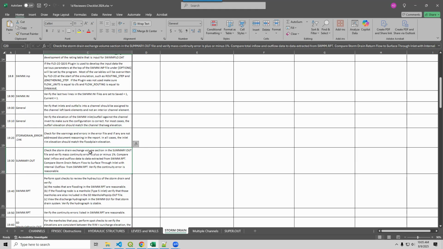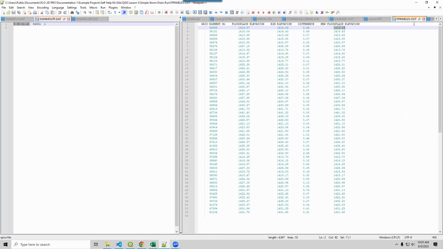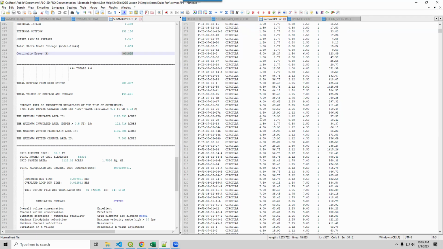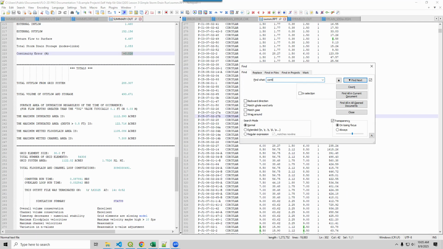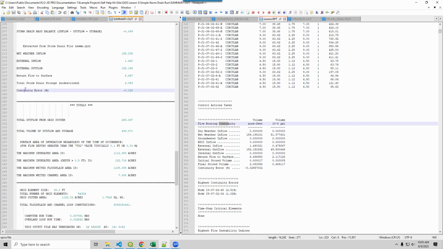Next is check the storm drain volume exchange section of summary.out and swim RPT. So what I've done is I've loaded summary.out here, and we'll do our swim RPT here. What we're looking for is continuity. So continuity, right? And then over here, we're looking for continuity. It says 0.026, and we just want to make sure those two numbers are the same. And if this gets above 1%, the flood control districts want you to try and fix the storm drain